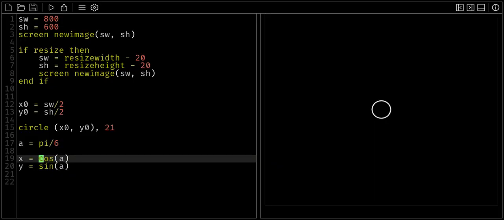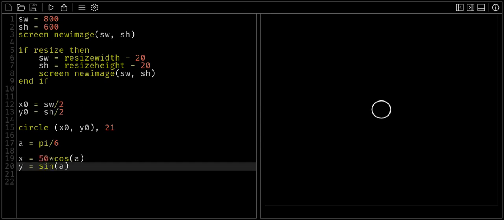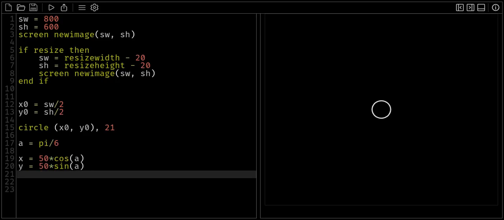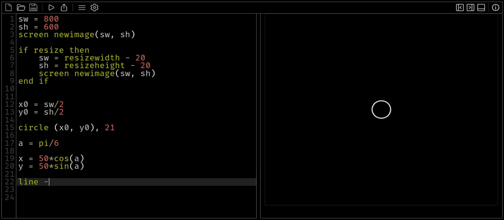We'll make the cannon about 50 pixels long from the center, about double the tank body, and draw it with a line statement,